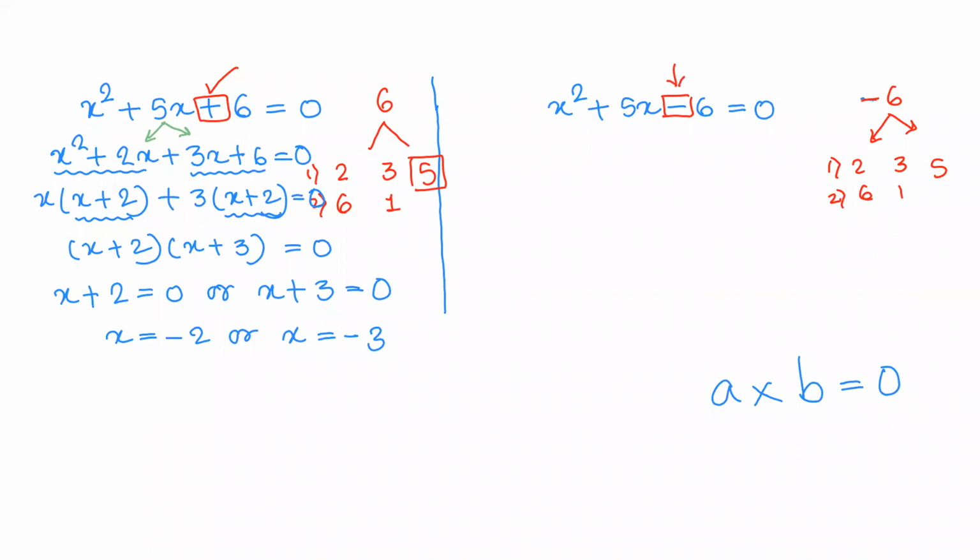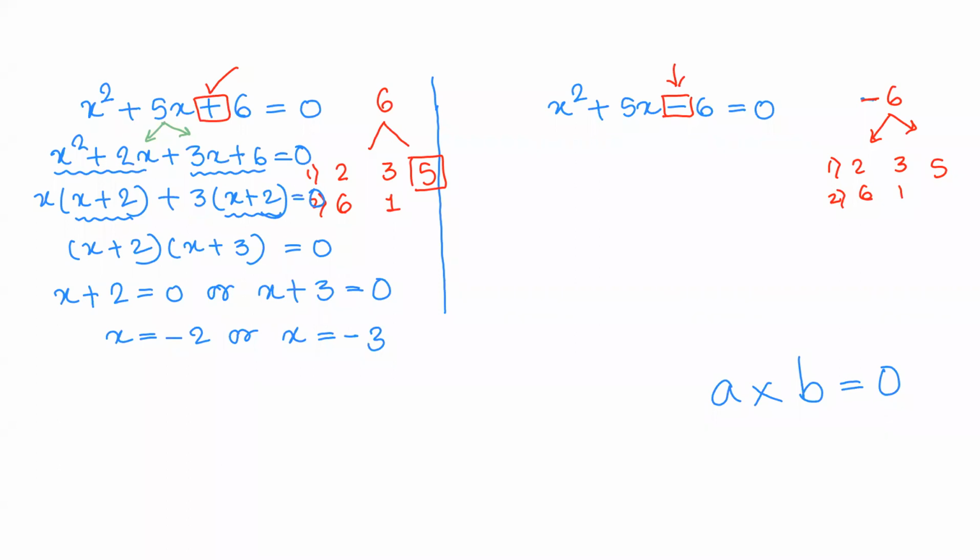तो इन दोनों ऑप्शन में से कौन सा ऐसा ऑप्शन है जिसको माइनस करके मिडिल टर्म 5 आ सकता है? If I pick the first option 2 and 3, तो भाई इसको माइनस करेंगे तो 1 आ जाएगा. सेकेंड ऑप्शन पिक करो 6 और 1, इसको सब्ट्रैक्ट करेंगे तो 5 आ सकता है. और सब्ट्रैक्ट क्यों करना है? बिकॉज द साइन ऑफ द कांस्टेंट टर्म डिसाइड्स के माइनस करके मिडिल टर्म लाना है. तो चलो 6 और 1 फैक्टर्स मिल चुके हैं हम लोग को.